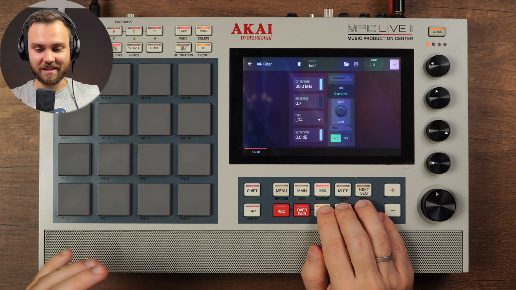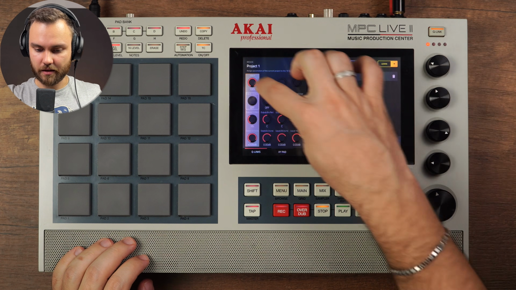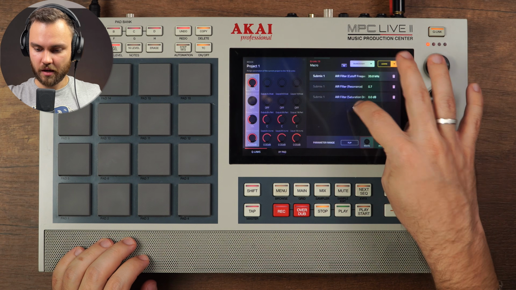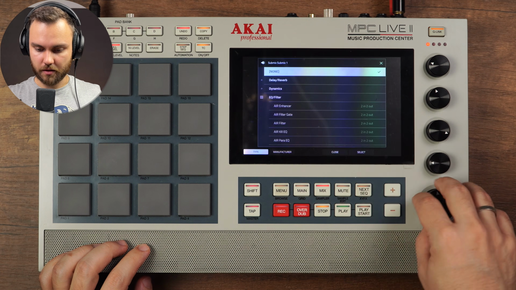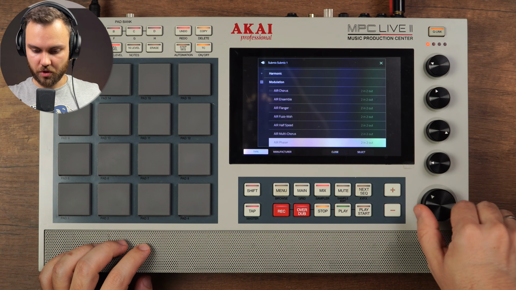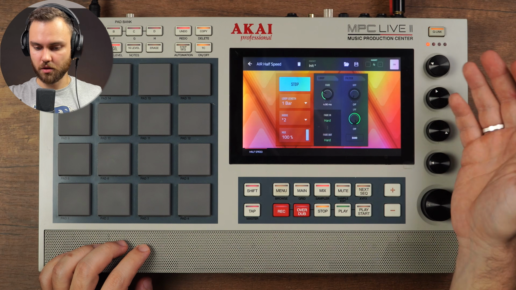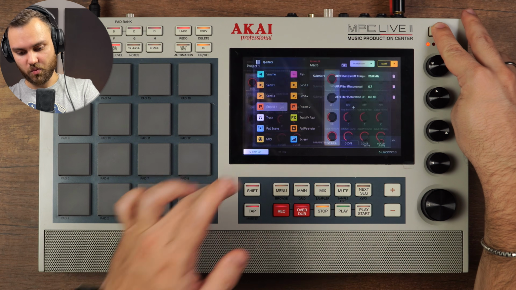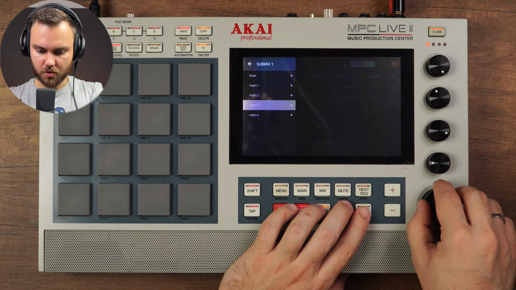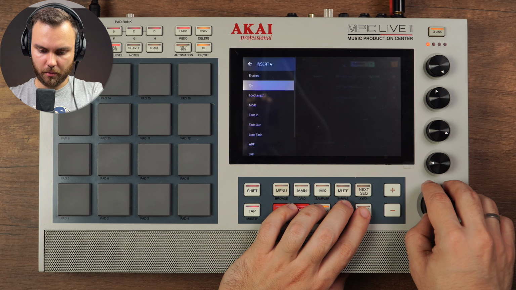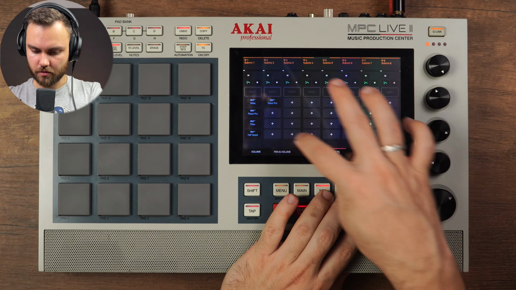So cool. But again, it's not enough for me just yet. We go to Q-link edit again. We hit the first, yes, it's here. And what can we do? All right, so we can actually add a new plugin which will be half speed, for example. And we need this start stop function. Again, we go to Q-link edit, hit plus sign, submix 1, insert 4, enabled on, yes, let's make it on right now. So if we go,